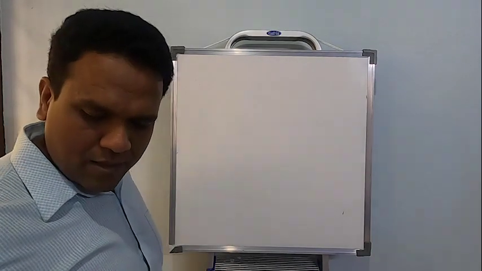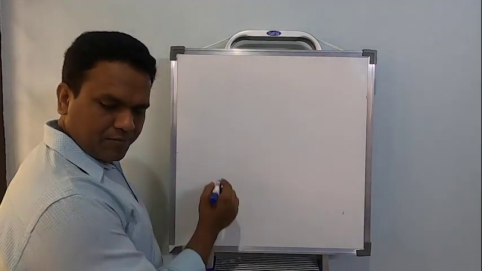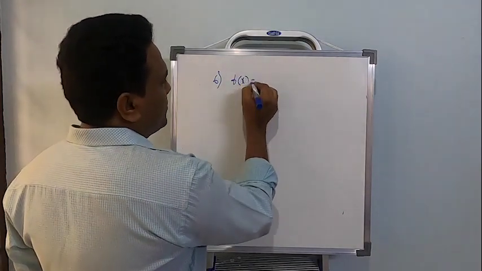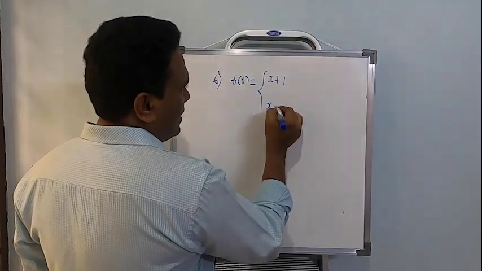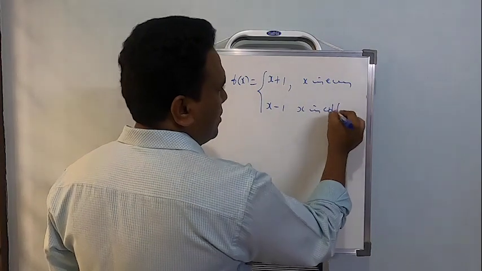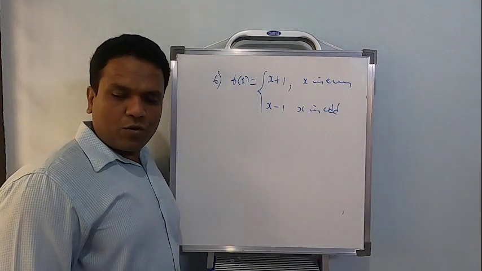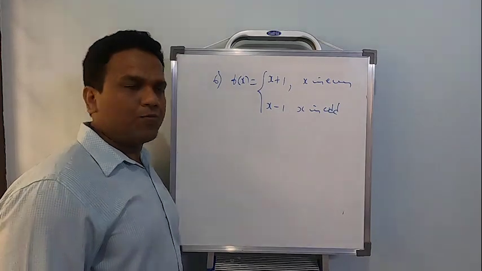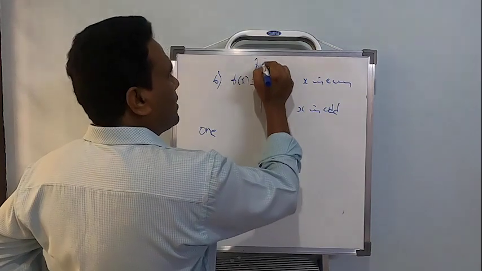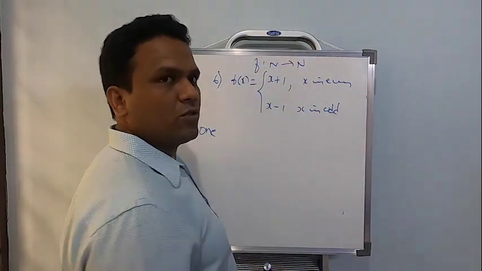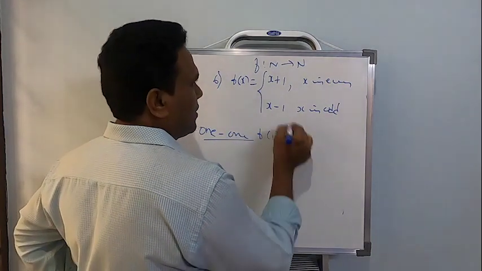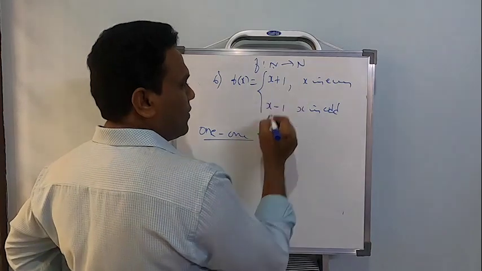Fine. Let's go to the next. Problem number 6. They said f of x equal to x plus 1, x minus 1. This is when x is even, this is when x is odd. Correct, right? What we have to show is that this is both 1-1 and onto. So how to check for 1-1? But from where to where have they defined it? They have defined it from natural numbers to natural numbers, clearly. Now if I want to check for 1-1, f of 1, I will take the element from the natural numbers. f of 1, 1 is an odd number.